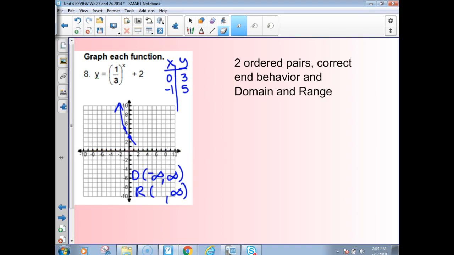My points are right. The points I've got there are fine. The problem is I can't hit 2. Holy cow, I better explain this a little better. The +2, if you had a -1 up here, that wouldn't move it. But a +2 moves that asymptote vertically. I think I was thinking about logarithmics